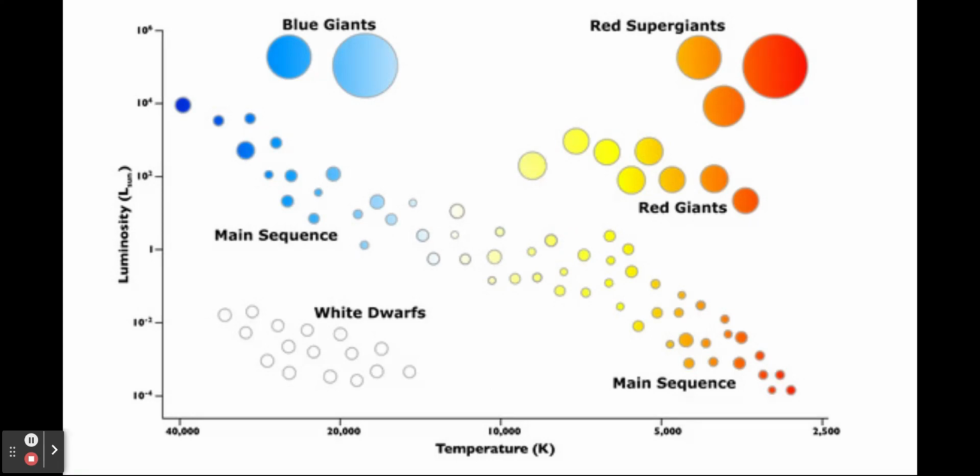Here's kind of a different look at it, with some more labels here, that's what I'm trying to say. You have your main sequence once again, and your main sequence stars, depending on what color they are, that's what they are. So you have blue dwarfs, you have yellow dwarf, you have orange, you have red dwarf, and they kind of just go in that spectrum of the rainbow. And then up here you have your red giants, and then up here you have your red